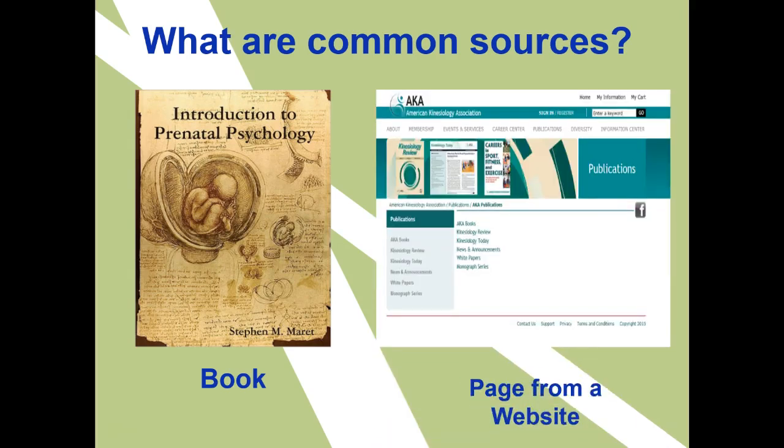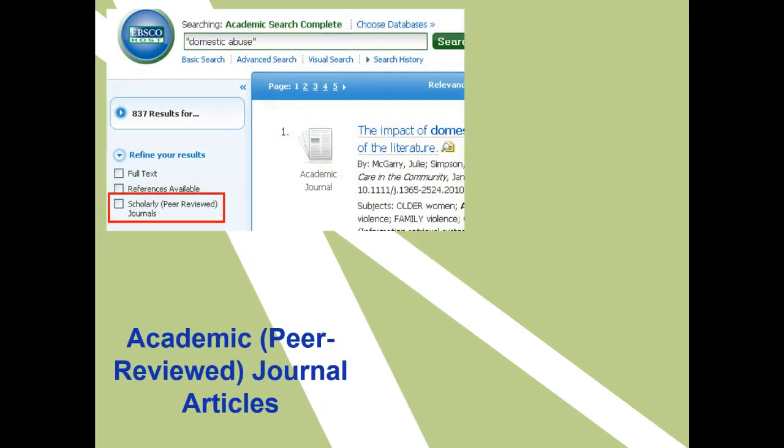Nowadays, probably the most popular source of my reading is website pages. I certainly read books, I read journal articles, but a lot of the journal articles, quite frankly, are on the internet, so pages from websites. And again, the one that's going to be very important to you for this class is academic journals. Peer-reviewed academic journals are what you're going to be required to use in your paper, and so clearly those are your 3 big sources.